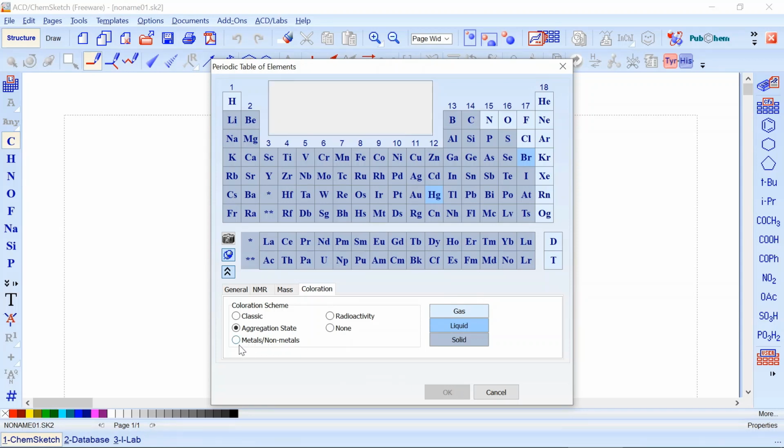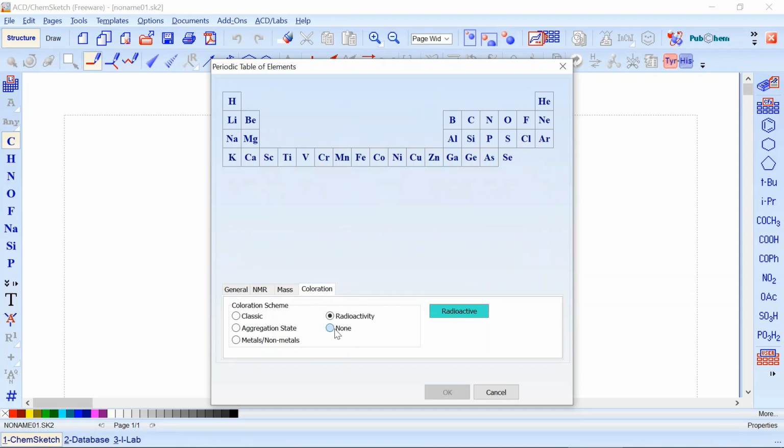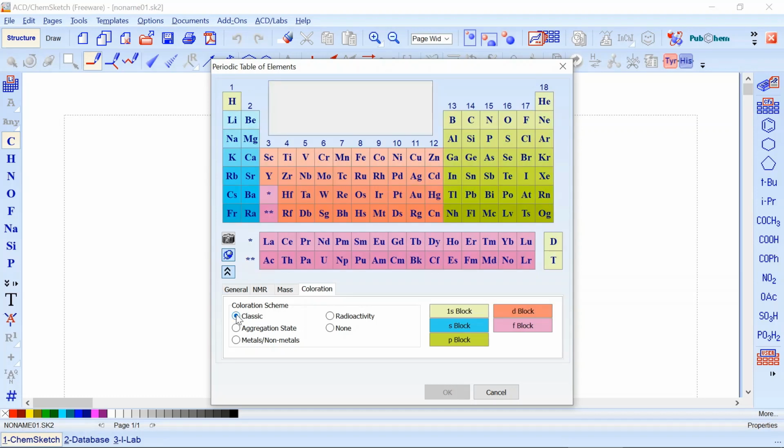If you want to see them in terms of metals or non-metals, just click here and it will appear like this. These are all metals and these are all non-metals. If you want to see them on the basis of radioactivity, all the highlighted elements here are radioactive elements. If you don't want any of these, just click on none, and this is the simple periodic table. I'm choosing the classic periodic table here,